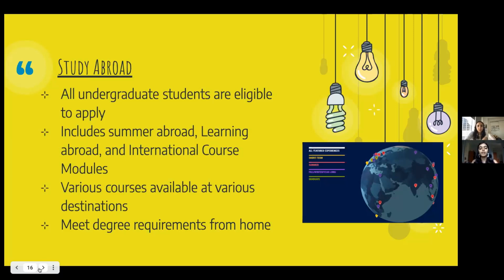So summer abroad is where you can take a summer off and get credit by learning something at a university that is affiliated with UofT, but outside Toronto. And then learning abroad, you can also just be part of an exchange program and then study for a year at an affiliated university. Additionally, in the international